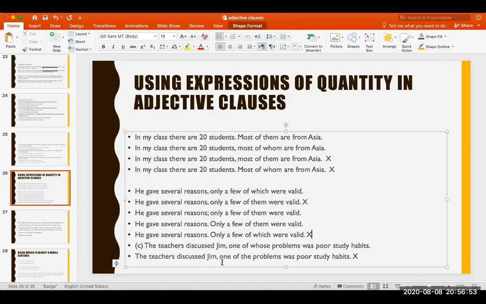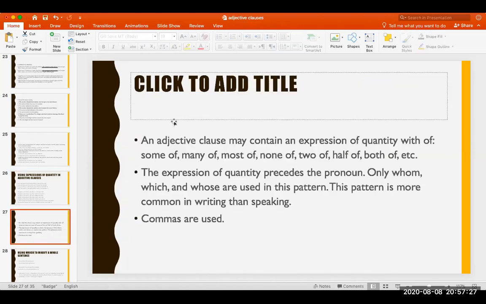The teacher discussed Jim, one of whose problems was poor study habits. Remember, before the noun, we use whose. "The teachers discussed Jim, one of the problems was poor study habits." Now, "one of his problems" is still wrong, remember, because these are two main clauses connected with a comma. The comma doesn't connect. You either use a full stop and capital, or a semicolon, or a FANBOYS conjunction, or a subordinator